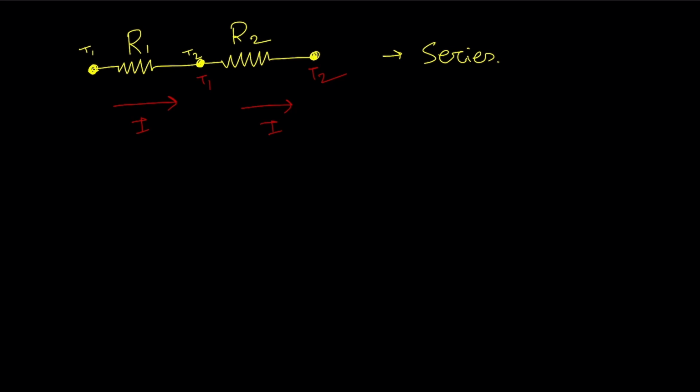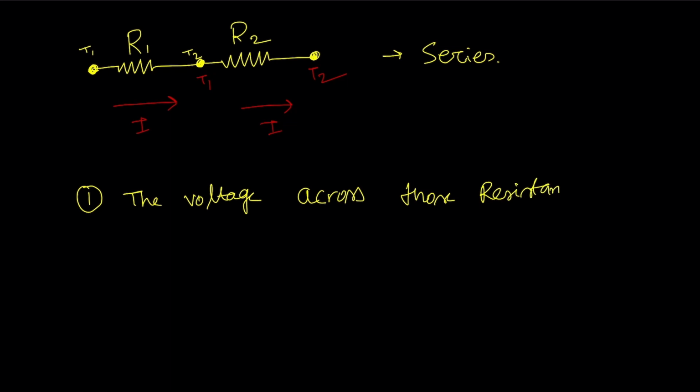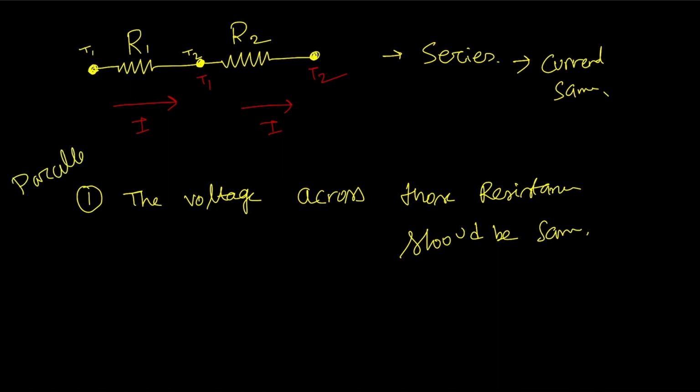Now, what is parallel? There are two conditions for parallel also. The first condition is that the voltage across those resistances should be the same. Just like in series the current should be the same, for parallel the voltage should be the same. This is the first condition. The second condition will be,